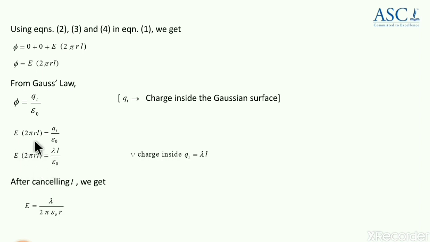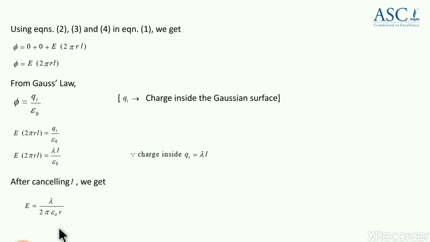That is, by rearranging and cancelling this step, electric field E equals lambda divided by 2 pi epsilon naught r will be the equation for the derivation of electric field due to a straight long thin uniformly charged wire. This is the second application after the spherical shell, and this was the thin wire.